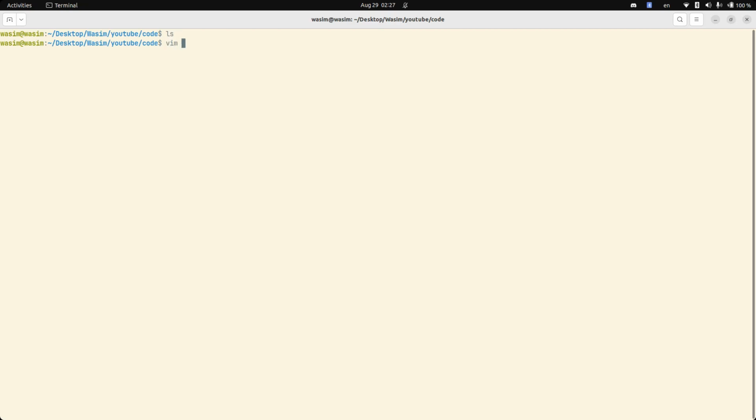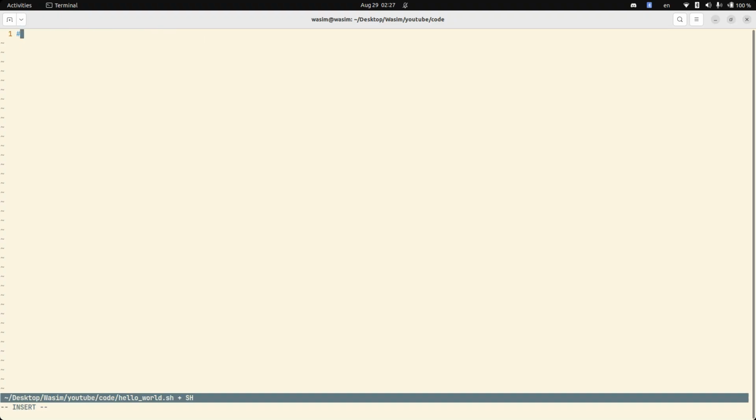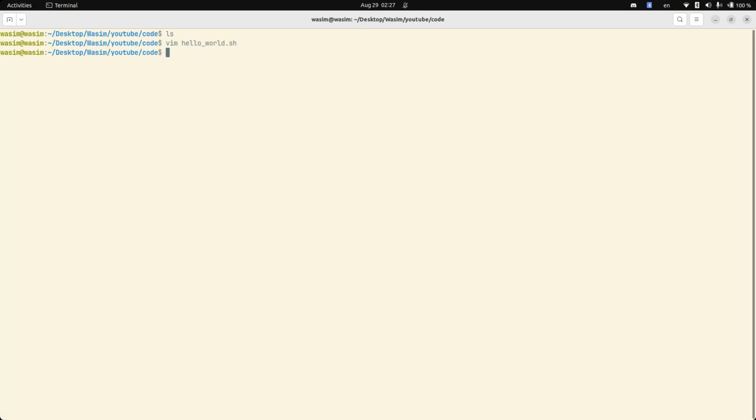Now you might have seen these when you're writing shell scripts. So let me create hello world.sh, and you might have seen this thing, right? Pound exclamation slash bin slash bash. This is commonly called shebang. And what this means is, when you write a shell script and you want to execute it as an executable, you could say dot slash hello world dot sh. When you do this,